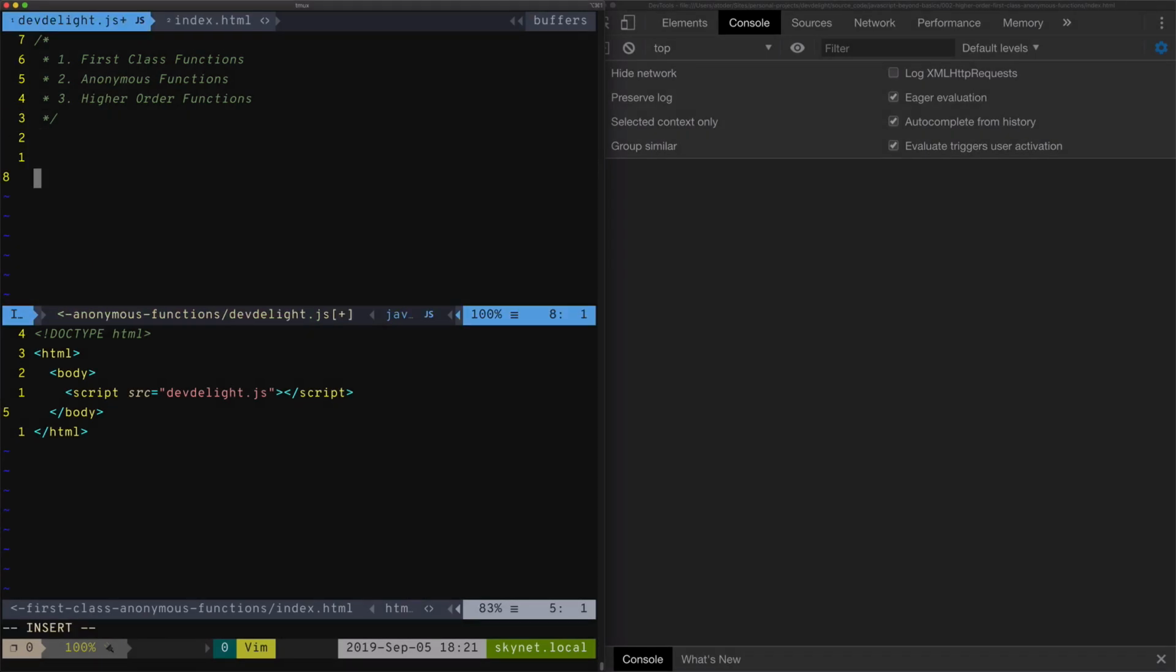Now first, let's talk about first-class functions. In JavaScript, functions are special objects. They're also known as first-class citizens. What that means is you can do anything you want with a function. For example, you can assign variables to them or assign them as variables. You can pass them around and create them on the fly. So for example,